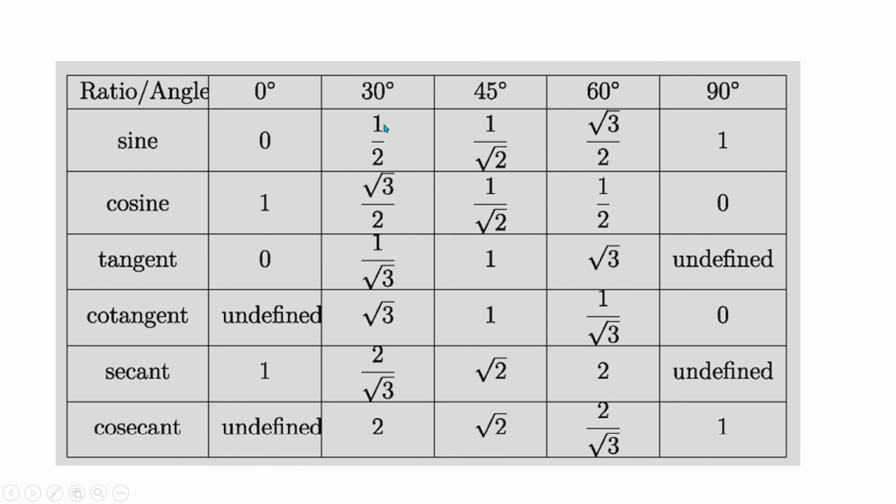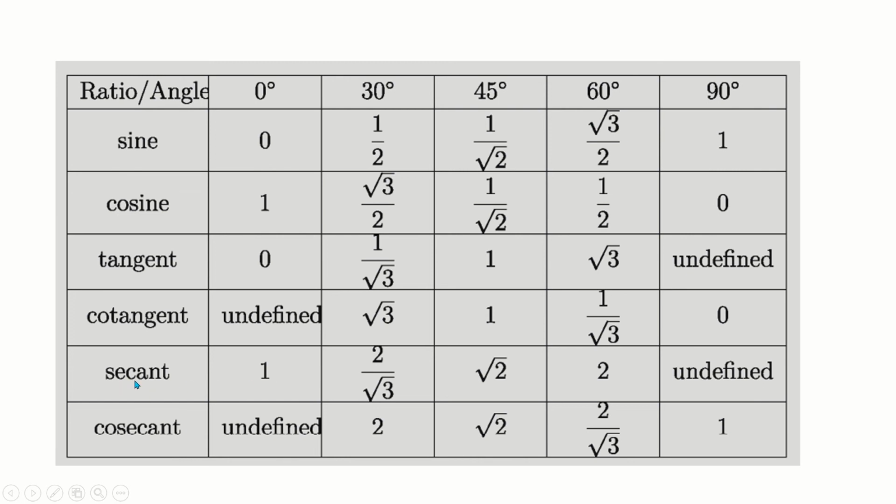And 1 divided by half means 2. 1 divided by 1 by root 2 will be root 2. 1 divided by root 3 by 2 equals 2 by root 3. 1 divided by 1 means 1. Similarly,